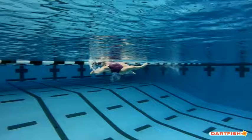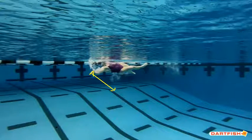You can see as you start the catch, and this is what I see all the time, while that shoulder is rotating down to where it should have been earlier in the pull, what happens is the hand ends up not being turned where the thumb is straight in line with the pinky. So your hands turn so that you're pulling the water towards the bottom of the pool. Okay, and what we want to see is from that thumb down to the pinky, that's your line. It's a straight line, your thumb towards the ceiling, your pinky towards the bottom,